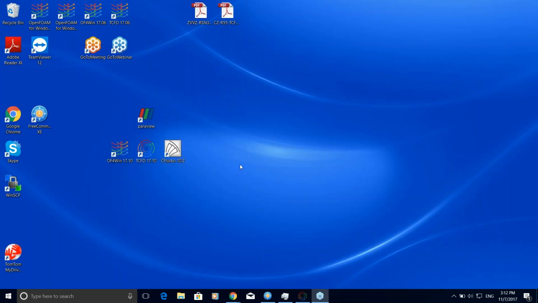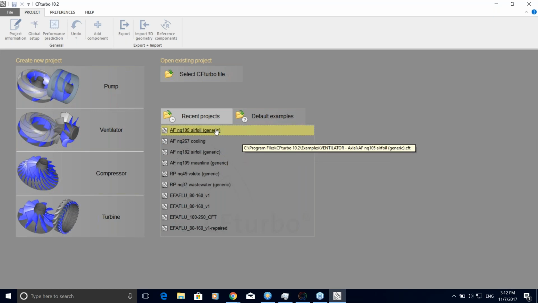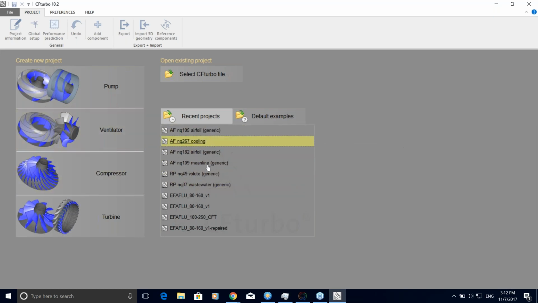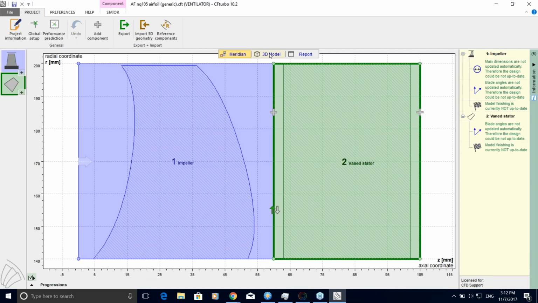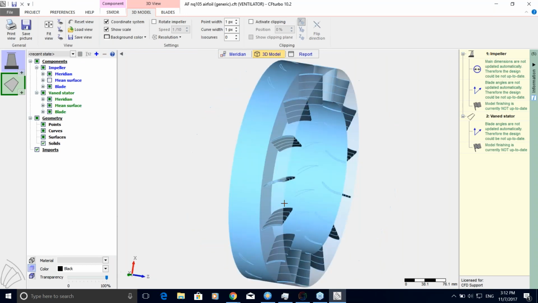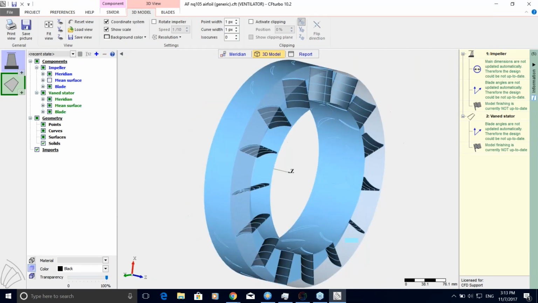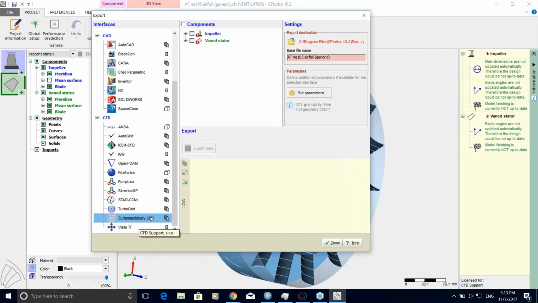Well, to tell more details about the geometry, it was generated by CF Turbo software. So we are in close cooperation with the CF Turbo company, which is developing this design software to design almost any type of turbomachinery machines. And today's webinar is basically this axial fan geometry. So this is the default case inside CF Turbo. So here you can design your geometry, and afterwards easily export it to TCFD, to the Turbo Machine CFD software. So you simply export it,